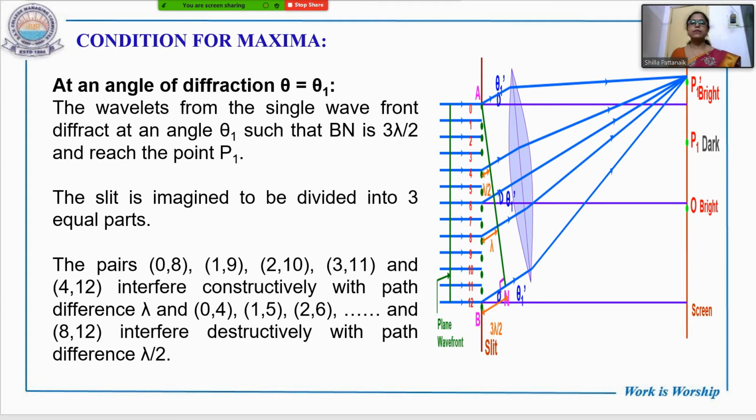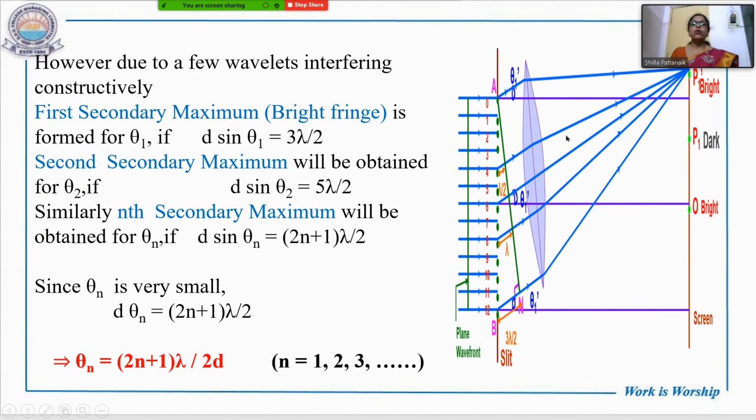Because of the above two, we already get the dark fringe. That's why the bright fringe is supported by only 1/3 part of the slit. The brightness, the intensity we are getting, will be because of only 1/3 of the slit, so the brightness is less than the central brightness. The intensity decreases.